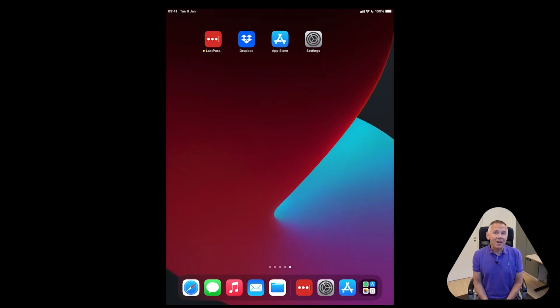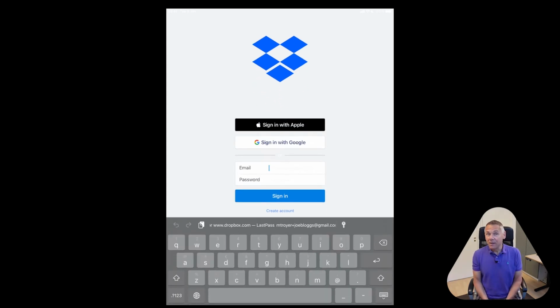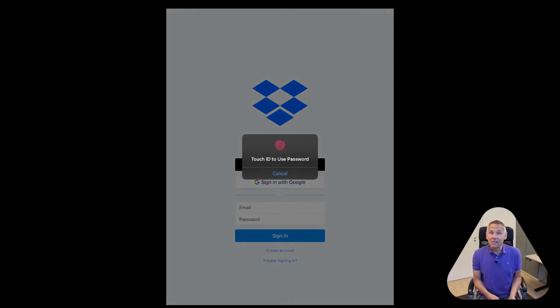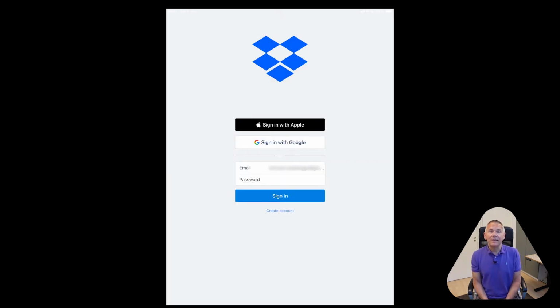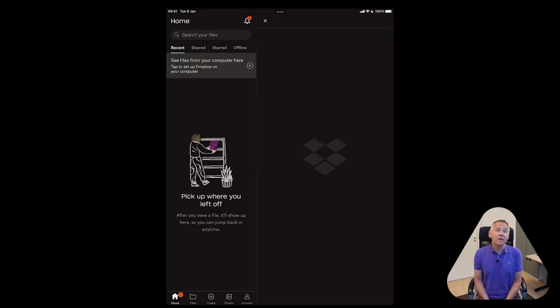Let's start up the iOS application and test the autofill feature. In this case, we'll start up the Dropbox application. Once we place focus on the email field, we will be prompted to use our credentials from LastPass. And in this case, we will need to touch the fingerprint authentication with Touch ID. Once this is done, my email address and password will be autofilled and I will be signed into the Dropbox